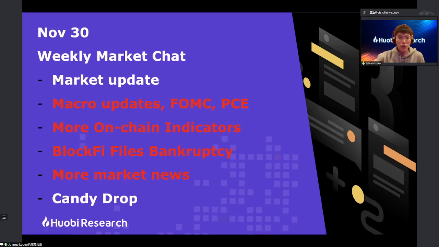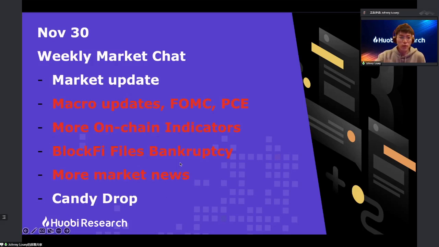We'll talk about it in a bit, and then if we have time left, we will go on to some on-chain indicators, because we have been in a bearish downtrend for quite a while, and I'm sure a lot of you would be interested to check out some bottom indicators. It's time to buy the dip, and I'll lay down a few indicators which will be helpful for you to assess the market trend, and for reference to determine if it's the right time to buy some dips.